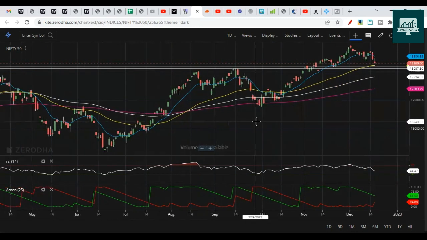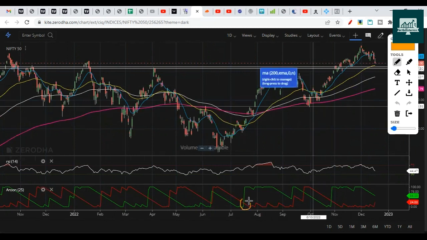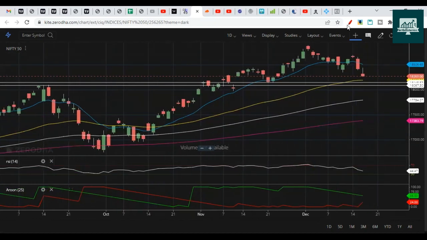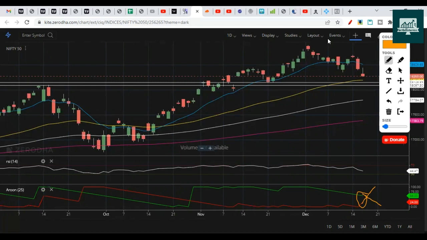And here you can also notice that it turned bullish at this point, and from this point onwards we had a big rally. Okay, we had a big rally here. So similarly, Aroon could turn negative here, and it's a bad signal for us. You can see here, right? It can turn like this. If it goes to the extreme, so the red line goes to 70 and the green line goes to 30, then it will be a very bad situation for us.